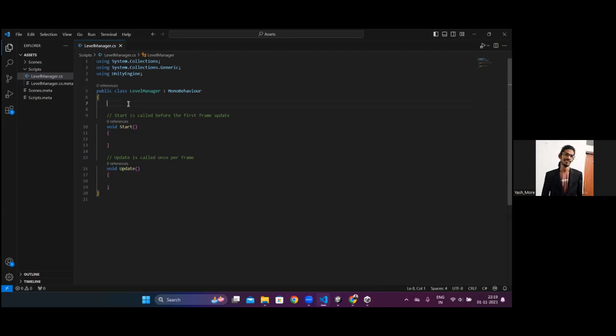Okay. So let's try to do something. Let's define a public integer, public int. Let's name it number. I declared a public integer,